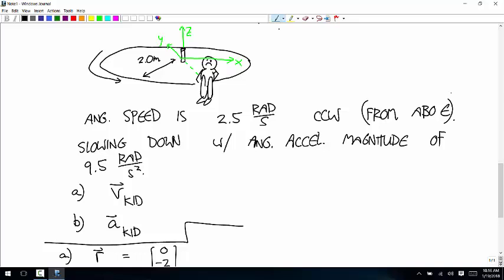All of this is particle kinematics in a non-rotating coordinate system. There are ways to deal with a rotating one, and we'll talk about that later. But the idea here is that the coordinate system will still be oriented like that when the kid's over here. It won't be turning